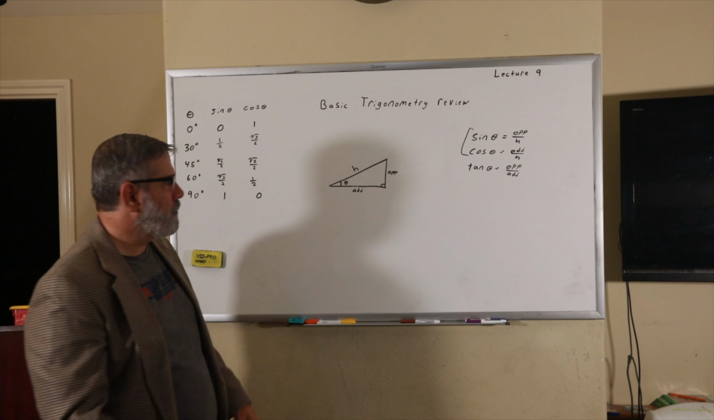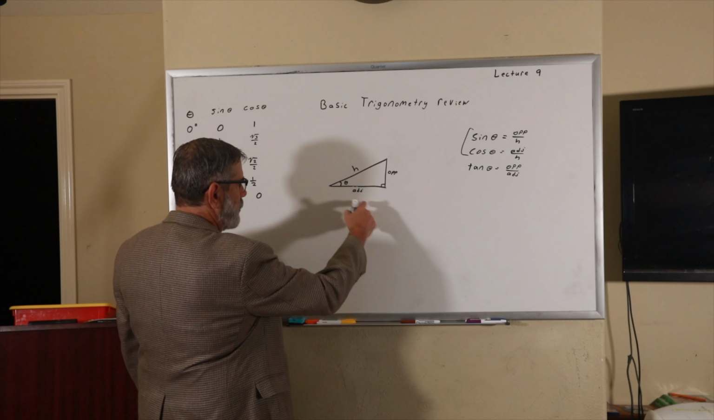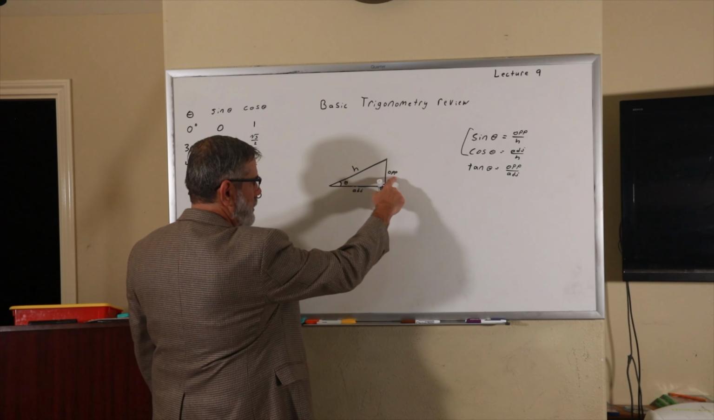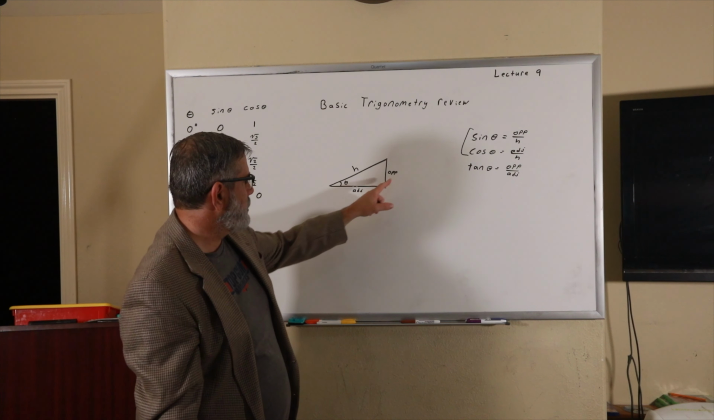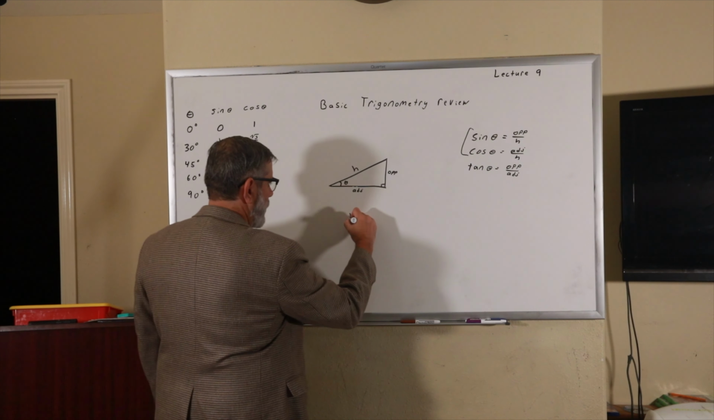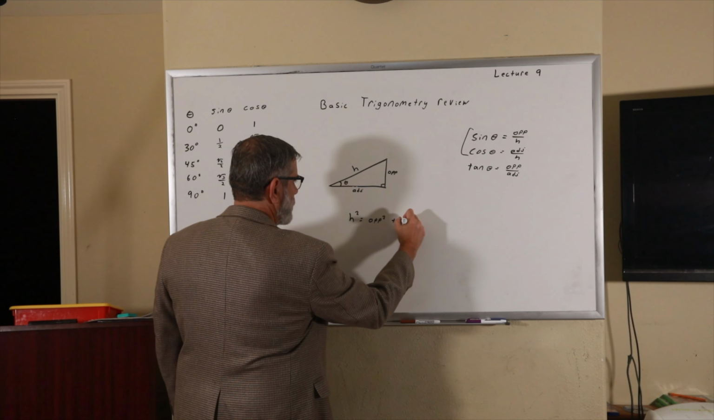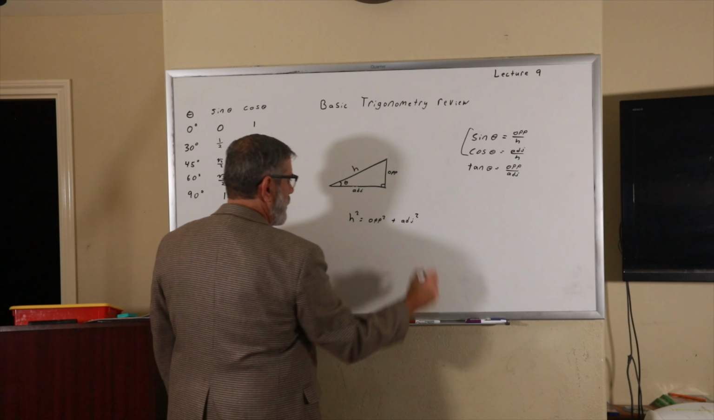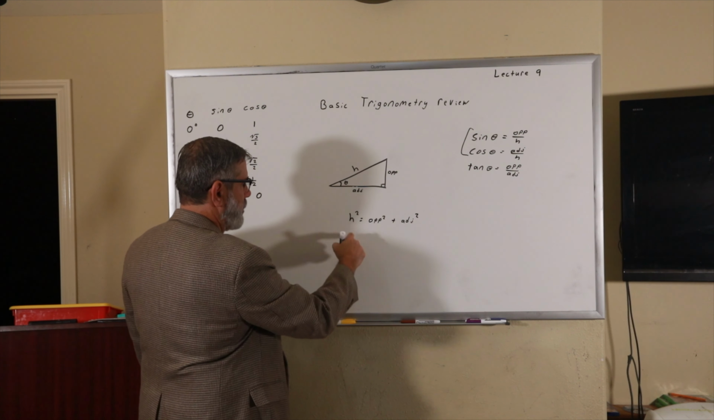Maybe just bring it back around to the Pythagorean theorem once again. So if I write the Pythagorean theorem in terms of h, opposite, and adjacent, it looks like this. H squared equals opposite squared plus adjacent squared. And if I divide both sides of this by h squared,